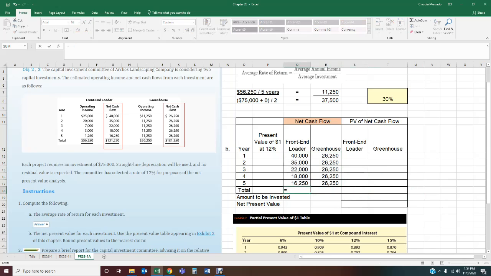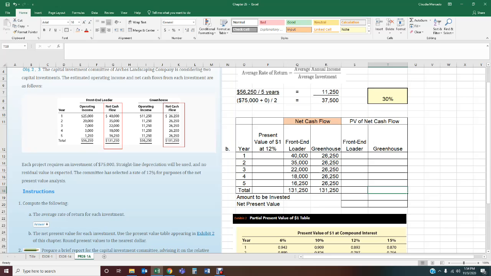And then we get a total for each of the columns. Okay. So all I did was copy the information from my cash flows for the loader and the greenhouse over here. Okay. That was the first step that I did. Copy and paste. Now the second step that I need to do is I need to figure out my present